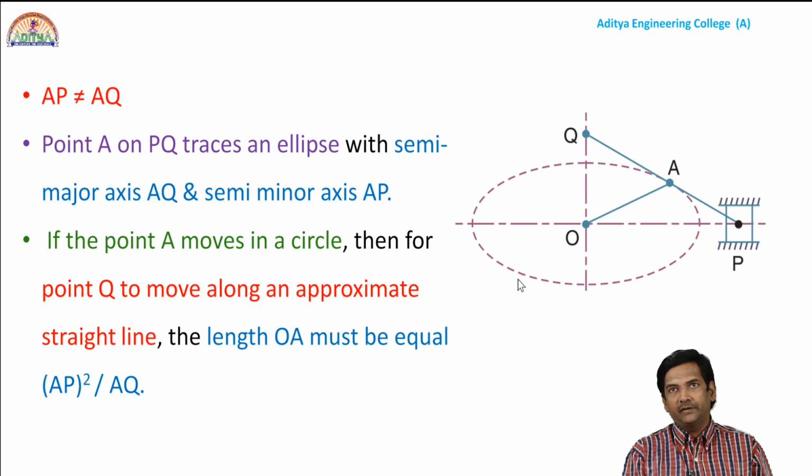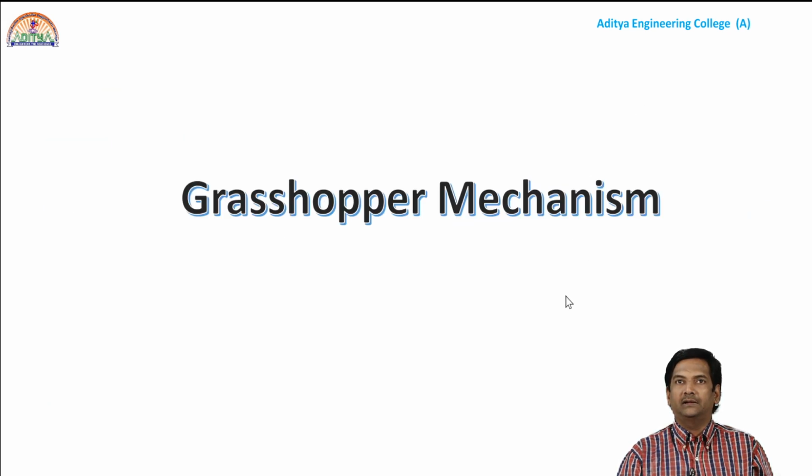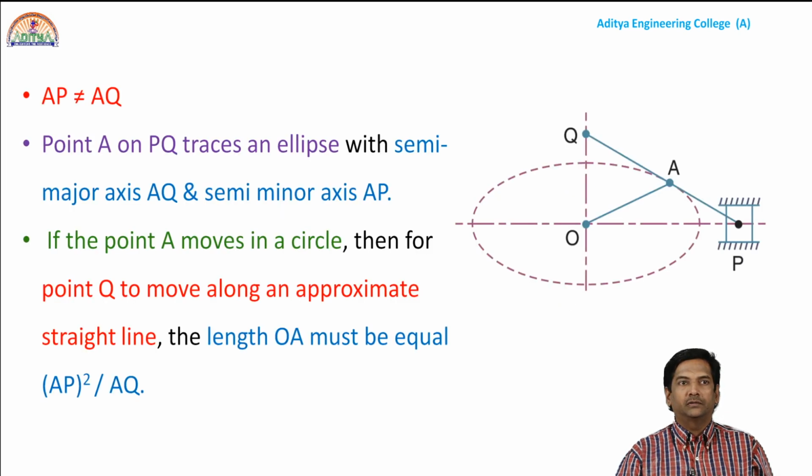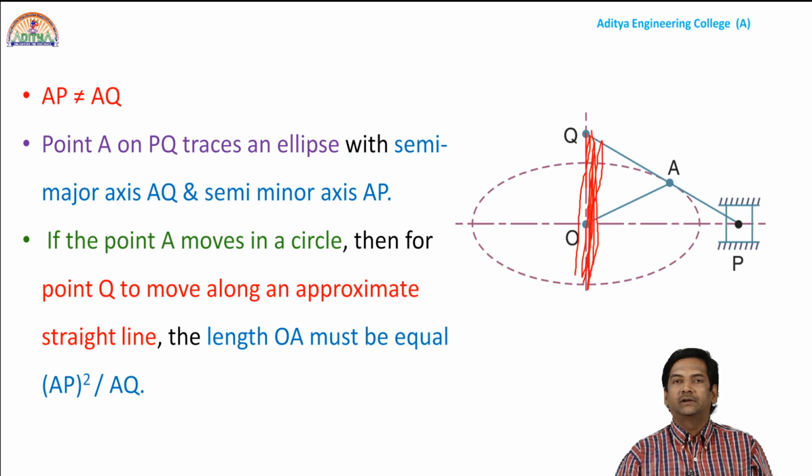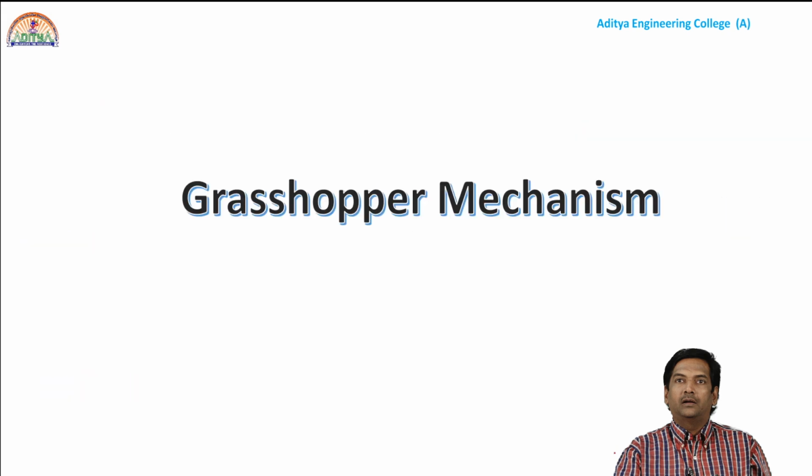So, whenever it is moving in an exact straight line, Q is tracing Q to Q dash in a vertical line like this. So, the exact straight line motion is the tracing of the point Q downwards. So, like this, in the vertical line, the Q will trace another point here, the Q dash. This is approximate straight line mechanism. Okay.